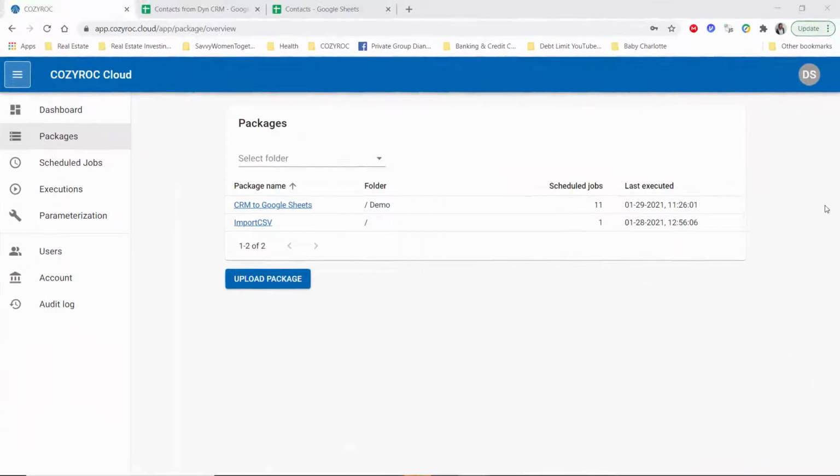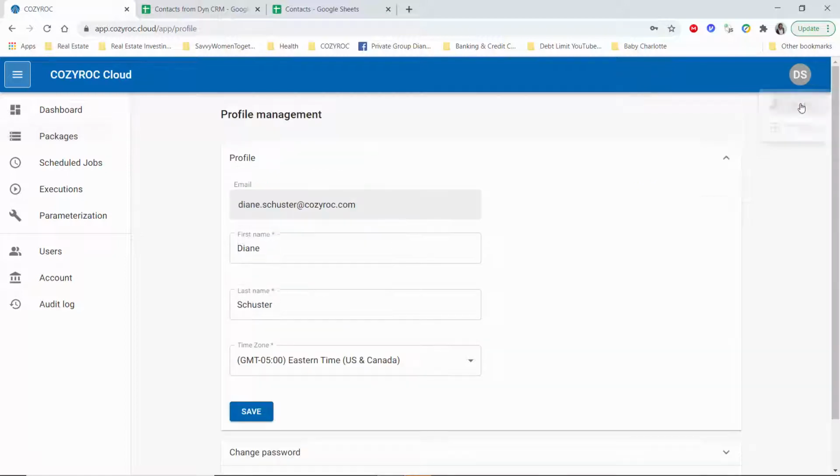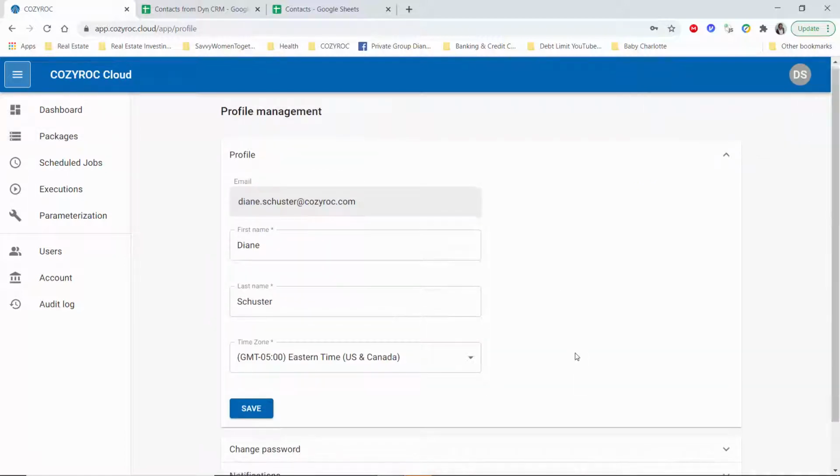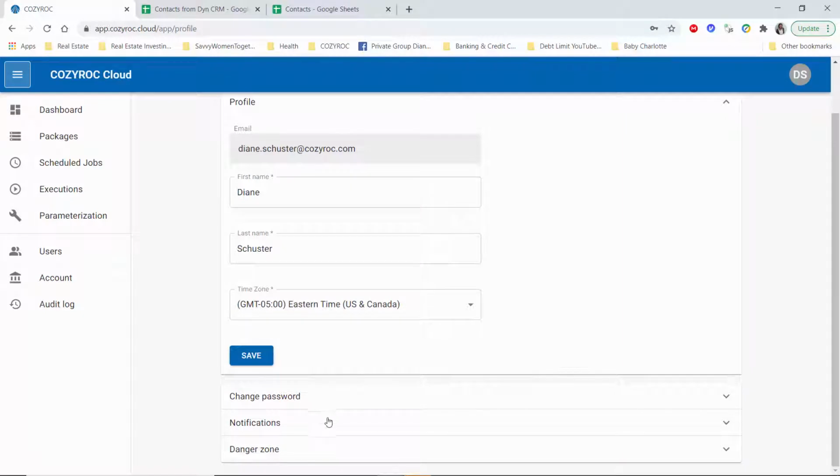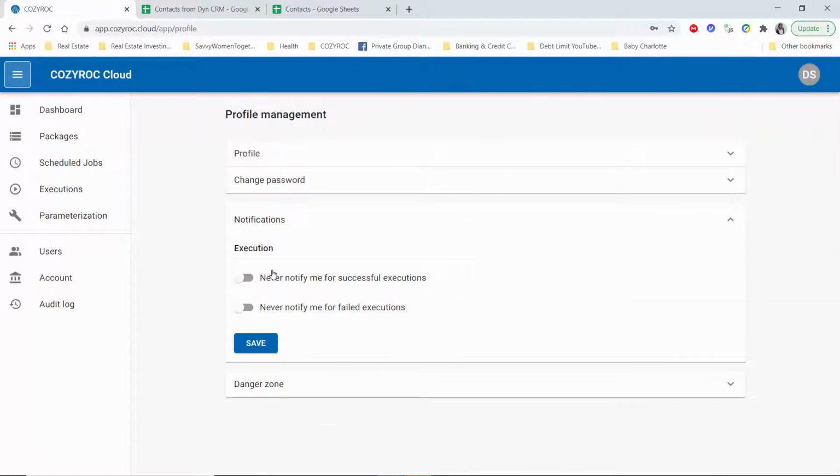I'll start by going to my profile. So I click up here on the DS in the upper right corner and I click on Profile. And if I scroll down a little bit, I can see notifications here. So here you can see that I have these two buttons turned off, and that is so that I'm not